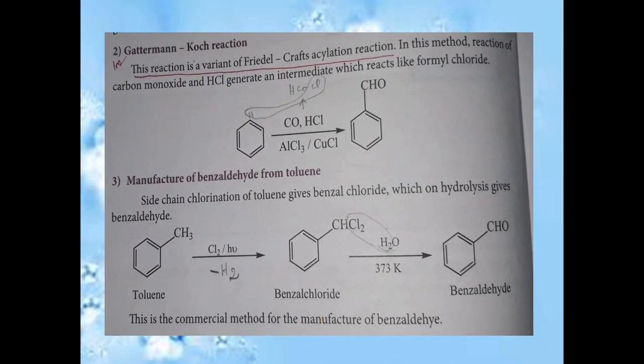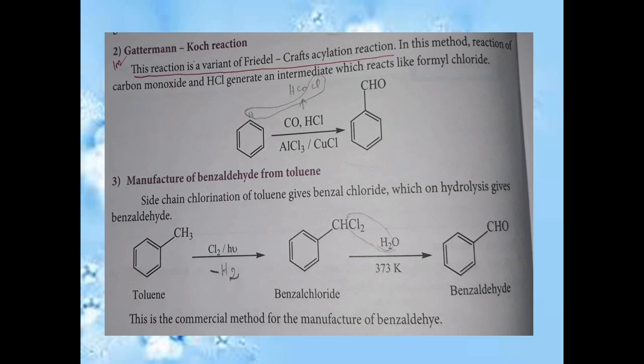Another method of preparation of benzaldehyde is the Gattermann-Koch reaction. In this reaction, first of all we have to produce formyl chloride. It is produced with the help of carbon monoxide and HCl. See, in pencil I indicated HCOCl, called formyl chloride, and in benzene I projected one hydrogen. That hydrogen is combined with the Cl of formyl chloride, and the remaining things attach to the benzene, so that we get benzaldehyde. Here aluminum trichloride and copper chloride are used as a catalyst.